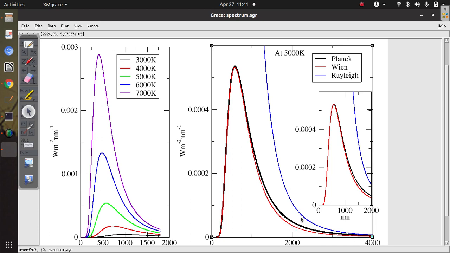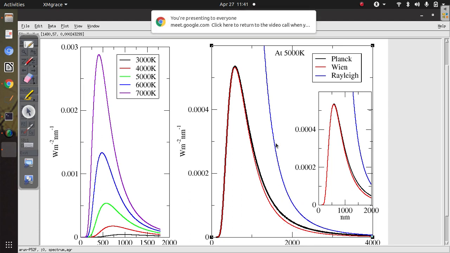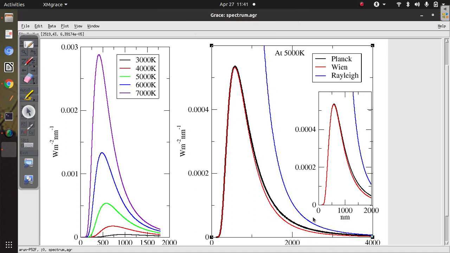It resembles at higher wavelength but not at the lower wavelength, which means we are shifting towards the ultraviolet region, or towards the violet region, where it is not resembling, and this is also known as the ultraviolet cutoff. So with the help of Planck's law, we are able to successfully derive Wien's law and Rayleigh-Jeans law, and see how discrepancies occur in Wien's law and Rayleigh-Jeans law, right? So this is another way to look at Planck's law.